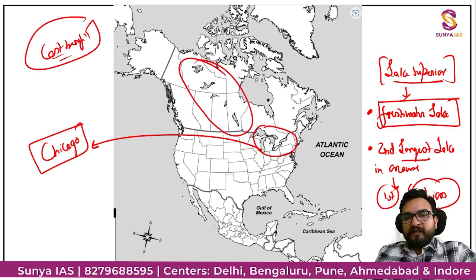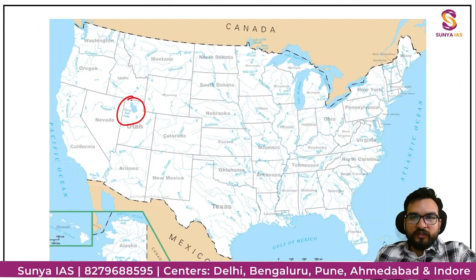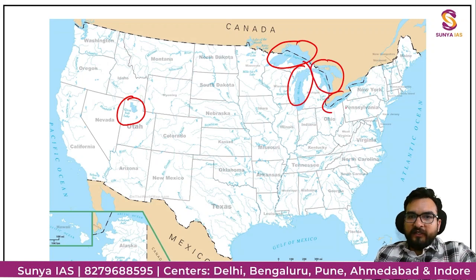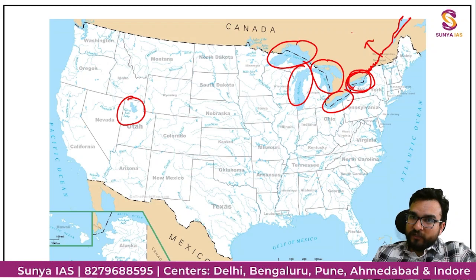This is your lakes of Canada, and one more lake is present over here, that is Great Salt Lake of USA. Over here you see Great Salt Lake. Can you see Lake Superior, Lake Michigan, Lake Huron, Lake Erie, Lake Ontario? And one more thing you understand from Lake Ontario, it is the starting point, the origin of the St. Lawrence River, guys. This river is going over here. From Lake Ontario, the river St. Lawrence River originates.